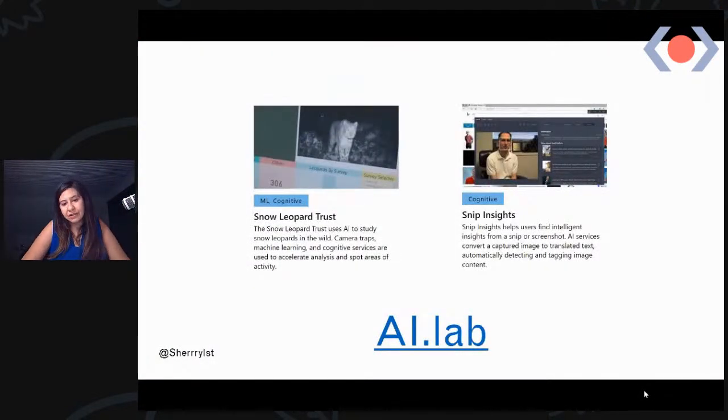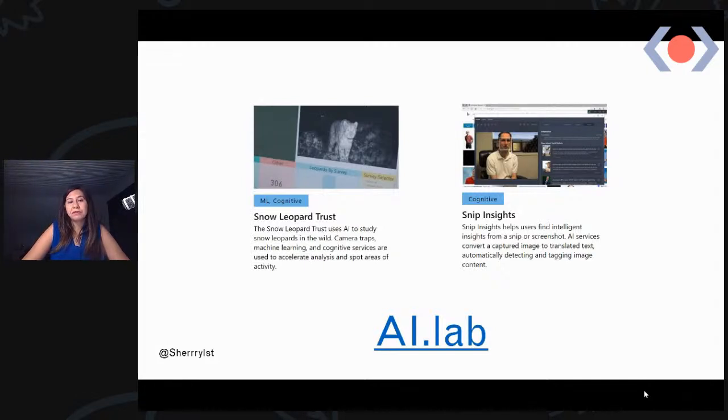You see that what I created here was a very simple and funny application, but you can do a lot with all of these cognitive services that we have, and you can actually do something good, something good for the planet that we have. We have AI Lab, a portal of all the projects, which is totally open source, and they are there for you to look at and get inspired.